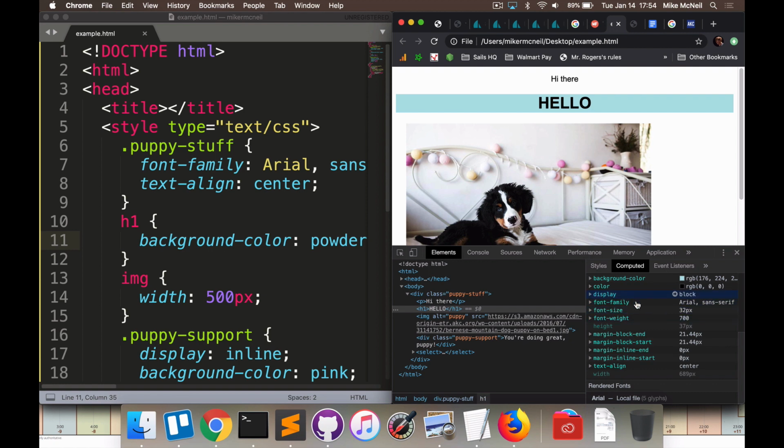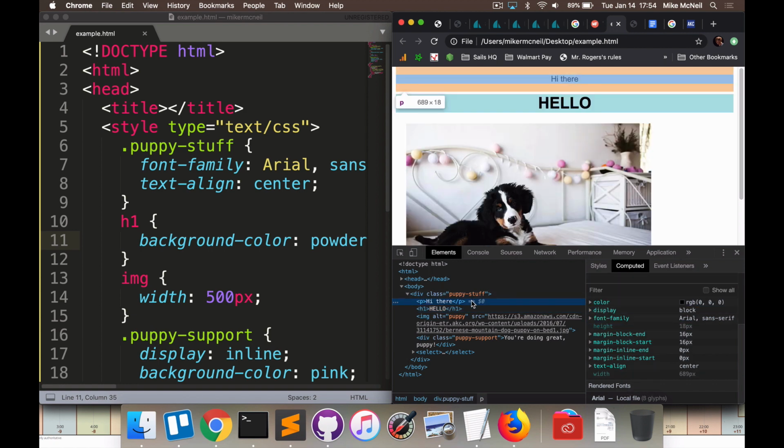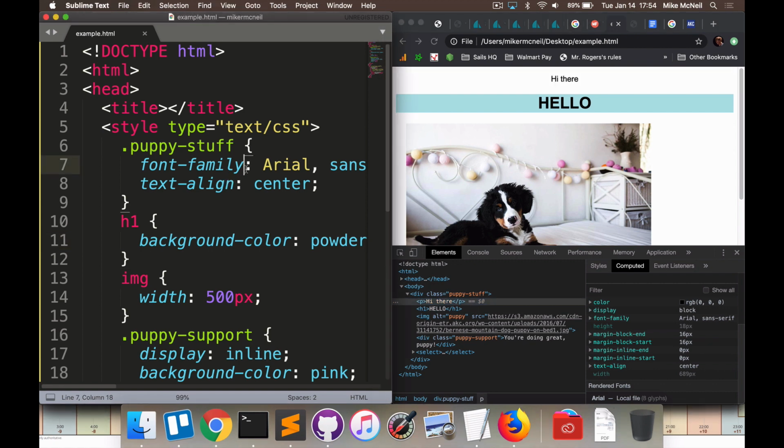Oh, for the font, yeah. That's also something that the CSS reset usually does, is fix the fonts so they match between different browsers. It's display block, so is this, right? So if we gave this a background color,